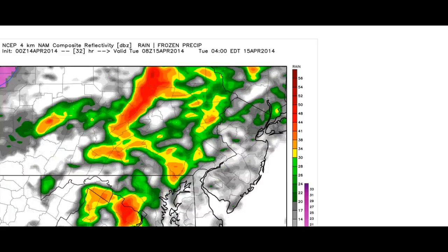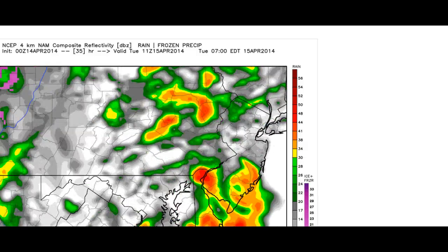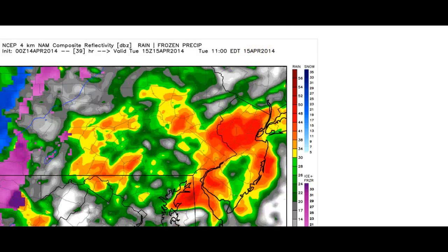Here's Tuesday, this is still overnight, early morning hours on Tuesday, 4 a.m. Still mostly in eastern Pennsylvania rainfall at this point, but you see here as we get into early Tuesday morning now, Delaware and South Jersey gets into the action, and then everybody really gets in the action after this point. As this starts to, you see Jersey gets into it here at 8 o'clock, and it looks like it was